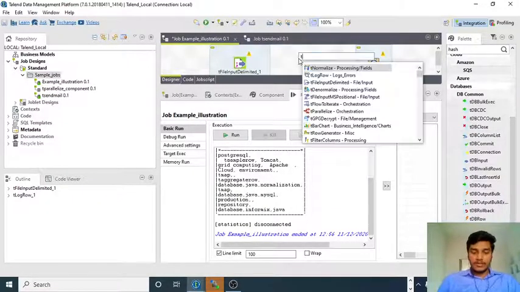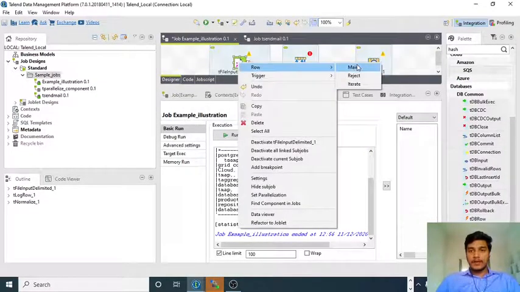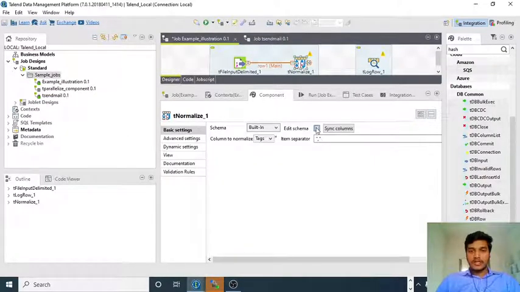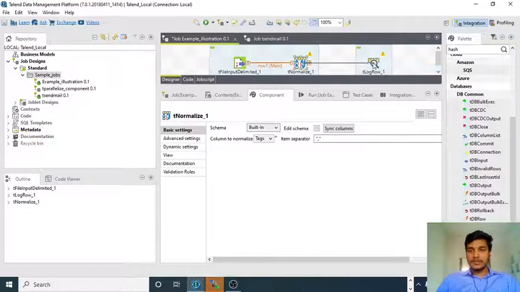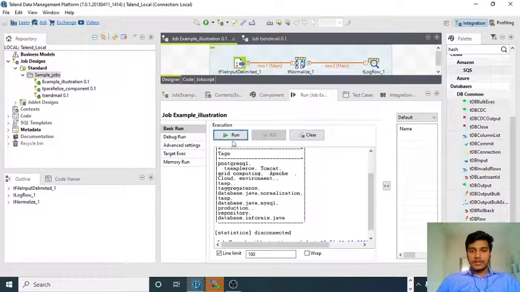So if you have such type of input, then how you can segregate it is, we have the tNormalize component. In such cases you will use this component. So I am using the tNormalize and tRow components. Now you can open the tNormalize component, the schema is edit tags, and here we have only one column, you can mention it as tags. And what should be the item separator in between that particular column? Here the item separator is comma, because we have commas to separate each and every word. So just now I am mentioning it as main. If I do this and run the job,